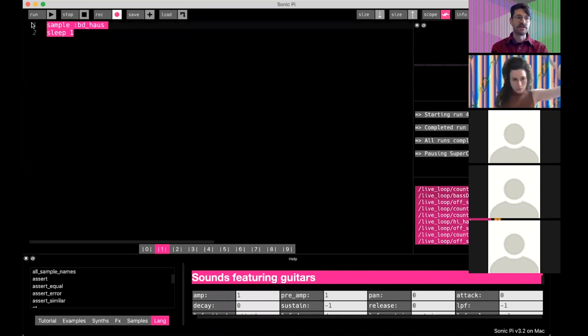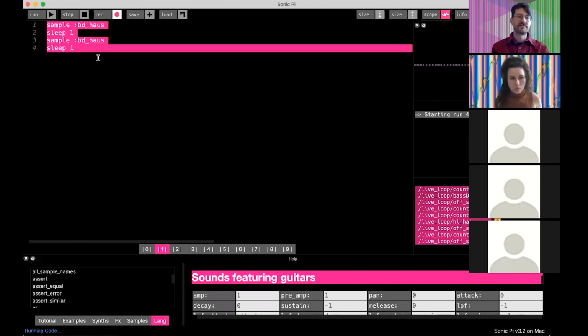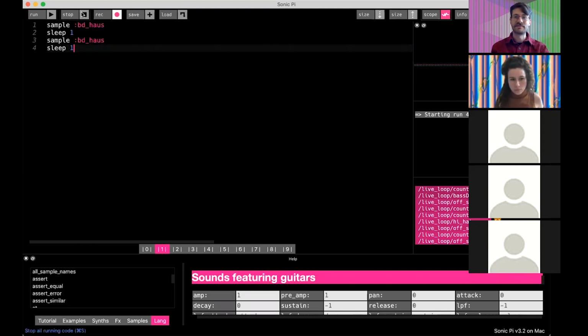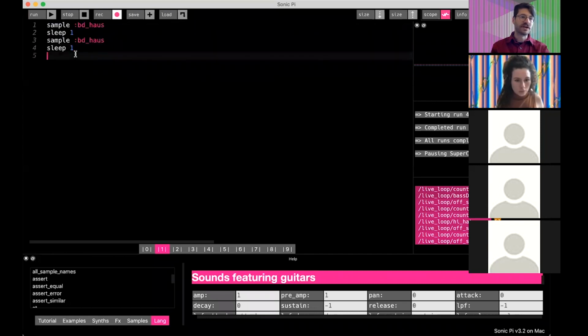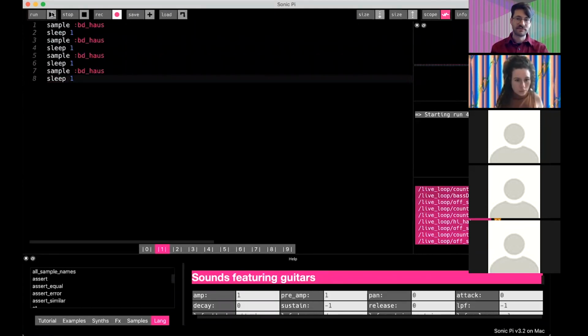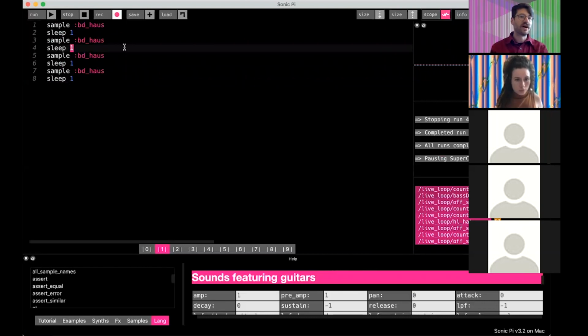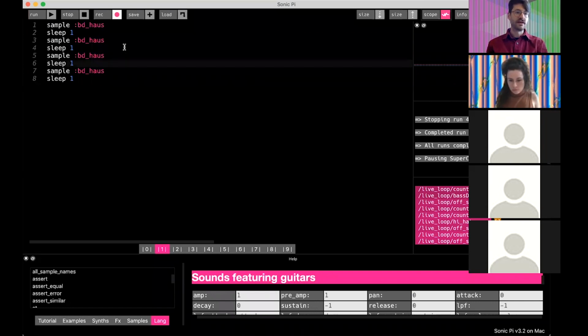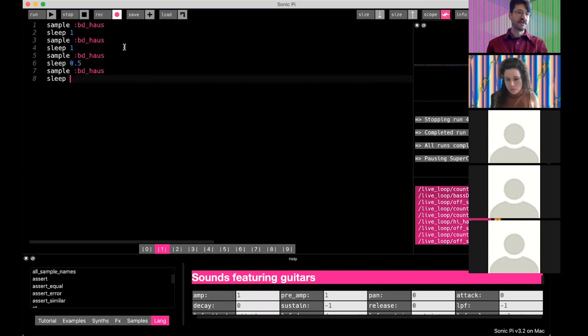If I want it to happen multiple times, I can copy and paste. Okay, that's cool. If I want it to happen 4 times, I can copy and paste that. Okay, and that's cool too, but that's not super interesting. So one thing that we can do is change the rhythm of it. When I think of rhythm, rhythm is time. So I'm going to change the sleep. I'm going to keep that one at 1, and I'm going to make this one 0.5. I'm going to make this one 0.5. Now, if I run it,